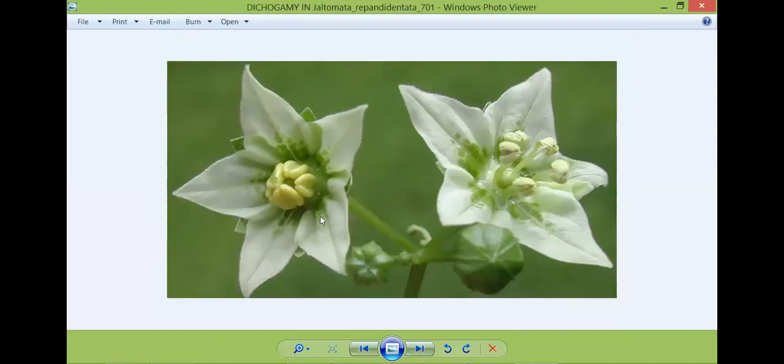Again, see how beautiful these stamens are. These are the stamens. Okay, so we can say a stamen is also there and the style and ovary are also there. Okay, so this is the case. I think it's a sterile flower because there is no fertile stamen, no pollens are there.